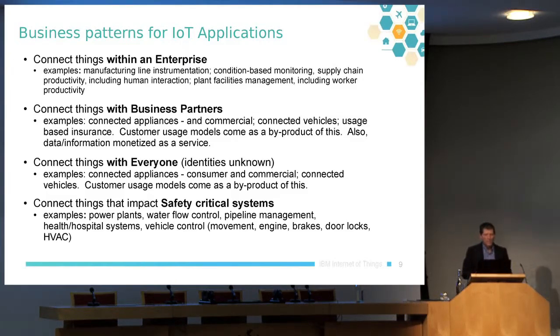And then I noticed that these three business patterns really don't cover anything around safety critical systems. And as we saw earlier, the ones that first come to my mind are not the full set of safety critical systems. When I start thinking about the potential to burn down a house by turning on and off the switch on a heater too quickly, that's kind of scary. And yet, I know of certain devices that would have allowed that. Not a good thing. Now, is that safety critical or not? That's a fine line. But when we get into these IoT device situations, that's something that we have to consider.